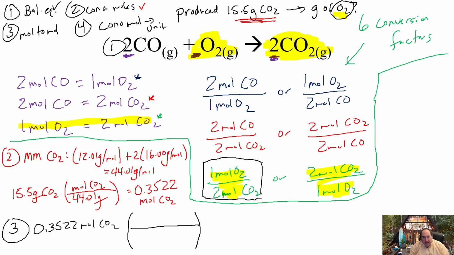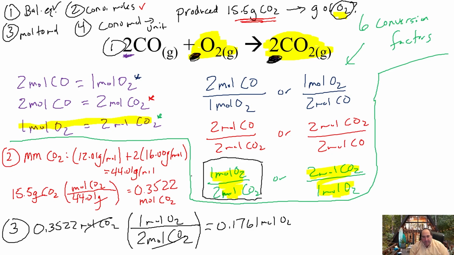From the balanced equation, and this is the stoichiometry part, 2 moles of CO2, which is nothing more than a coefficient, gives us 1 mole of O2. If you blink your eyes, that's the big stoichiometry part right there: the conversion factor we get from the equation. That gets rid of the moles of CO2. We will now be in moles of O2. If we divide that by 2, we're looking at 0.1761